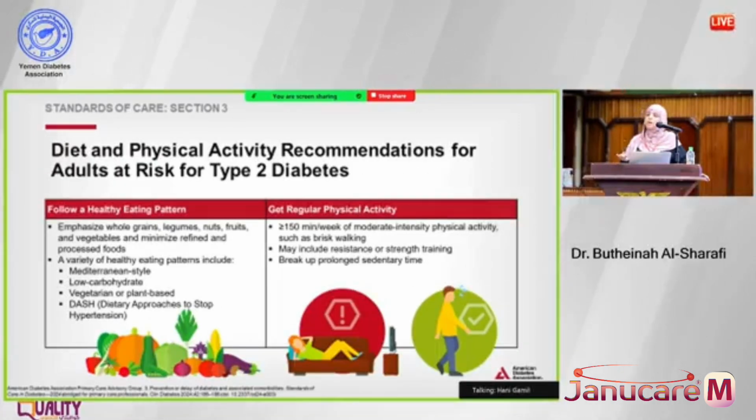We want them to follow a healthy diet plan. It's not one size fits all. Maybe this patient in this area, this is the food that's available for them. And this patient in another area, there's a different food that's available for them. So the dietitian really has to sit with the patient, see what kind of food they have available at home, what are the foods they can afford, because we are in a poor country. Maybe most of the patients, they're eating just carbohydrates. Very rarely will they have protein in their diet or meat in their diet or so on.